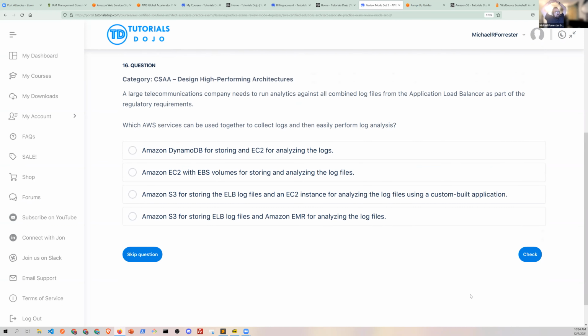Okay. You've got a large telecom company. It's got to run analytics against all the combined log files from an ALB as part of regulatory requirements. Which AWS services can be used together to collect logs and then perform log analysis?